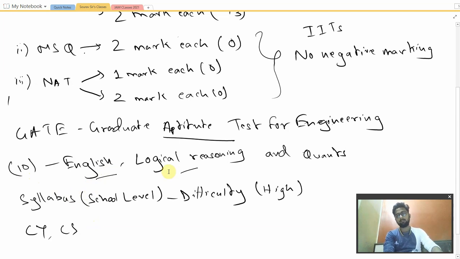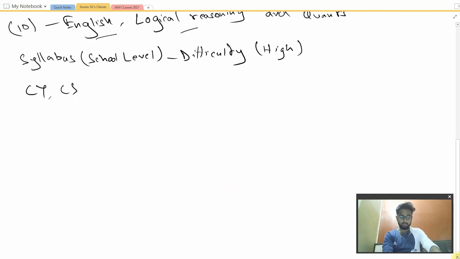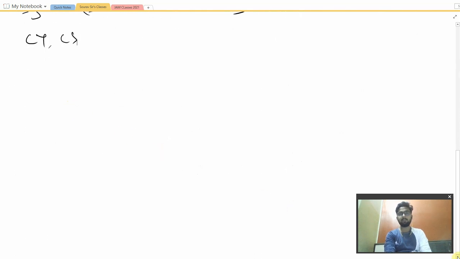So let us start solving the questions. In the question paper, I have downloaded this paper from the official GATE website. You may get the question paper and the answer keys from there only, and refer to those also. In this paper we have multiple choice questions, so firstly we will be solving the aptitude questions.